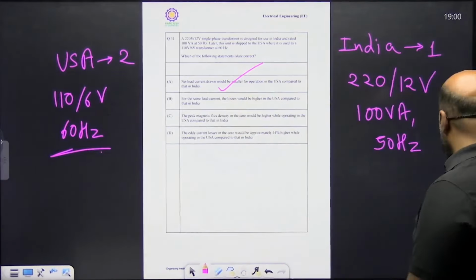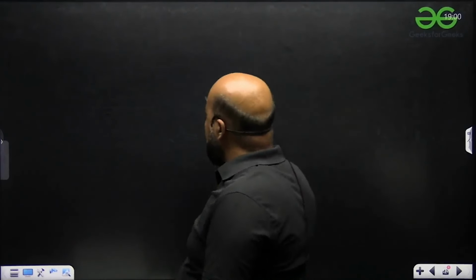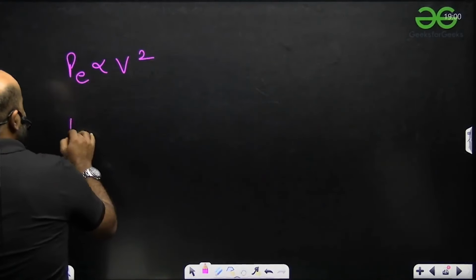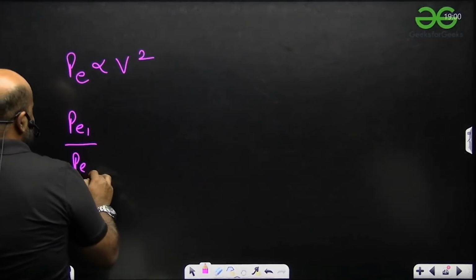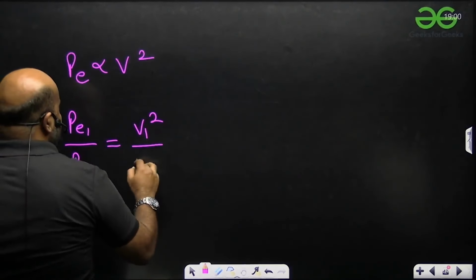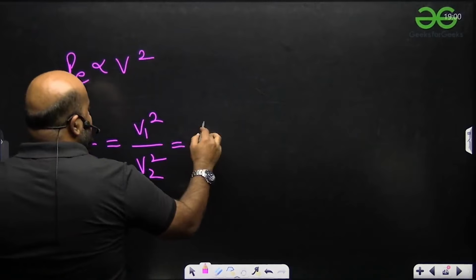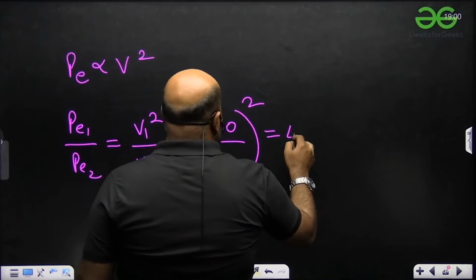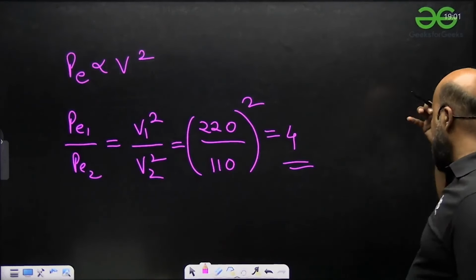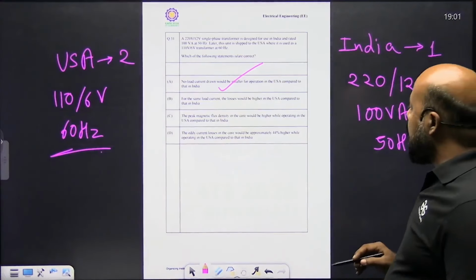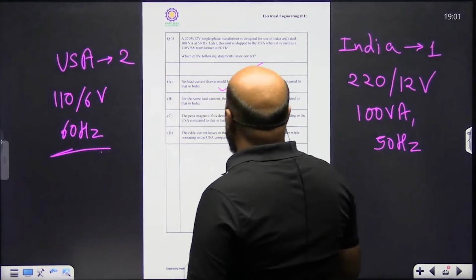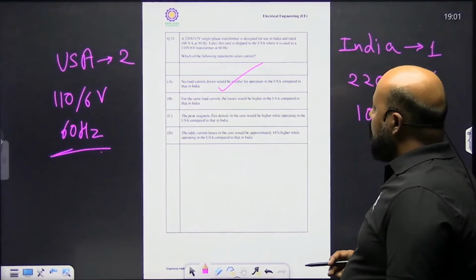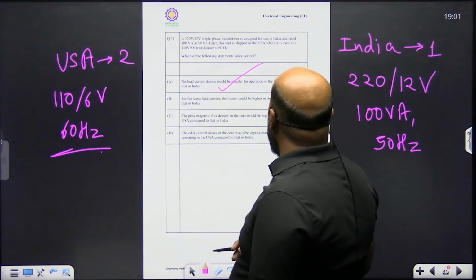रहा है एडी करंट लॉस के बारे में। एडी करंट लॉस को हम कैसे रिलेट करते हैं, ध्यान से देखो। एडी करंट लॉस इज डायरेक्टली प्रोपोर्शनल टू स्क्वायर ऑफ द वोल्टेज। तो 1 और 2 के कंपैरिजन में अगर हम एडी करंट लॉसेस को देखें, V1 स्क्वायर अपॉन V2 स्क्वायर, V1 कितना है 220 और ये कितना है 110, तो ये हो जाएगा 4। यानी कि इंडिया में जो लॉसेस हैं वो अमेरिका के कंपैरिजन में 4 गुना है। The eddy current losses score would be approximately 44% higher while operating in the USA compared to that in India।